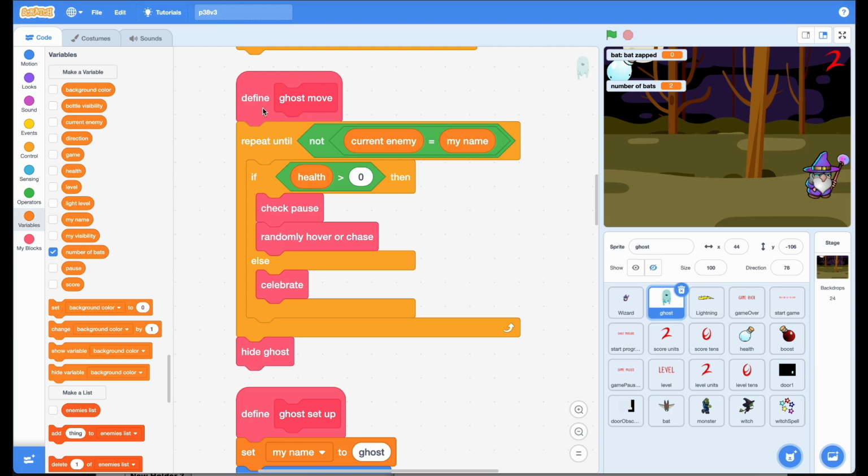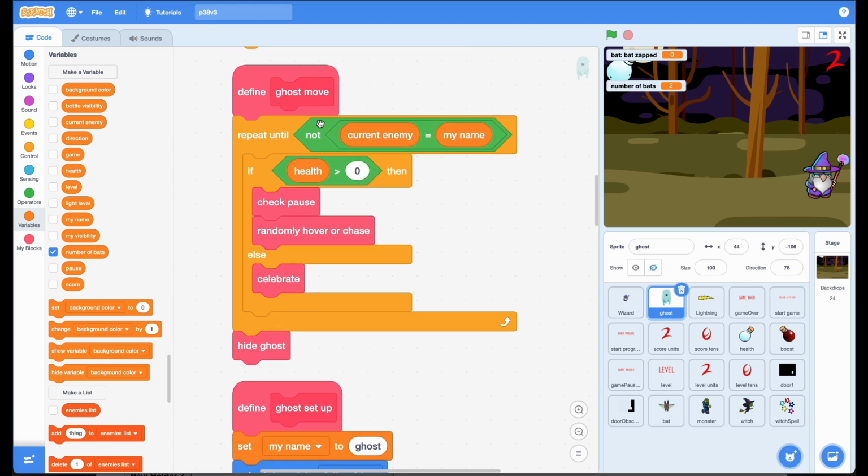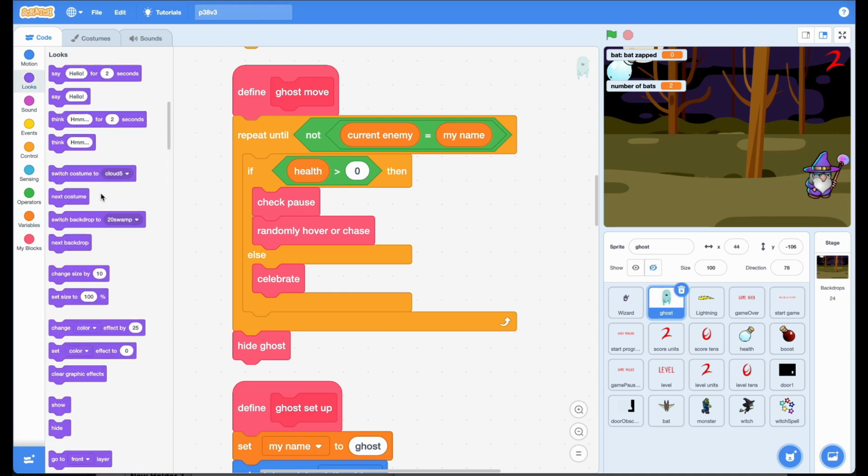So go to where the main engine of the ghost is. It's this ghost move loop. This is the action loop that keeps repeating the whole time that the ghost is on screen. So it repeats until the ghost is no longer the enemy. It makes the ghost continually hover and chase, and hover and chase, until finally the wizard's health is less than 1, at which point the ghost just celebrates and celebrates. And so we're just going to add a little thing here that says, go to looks,